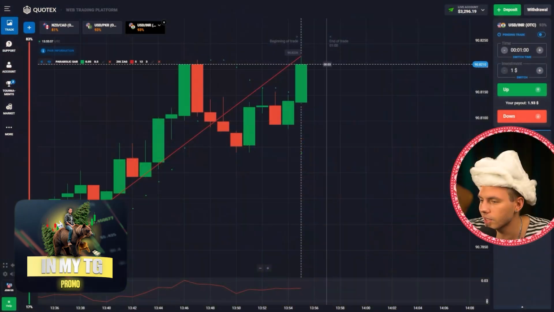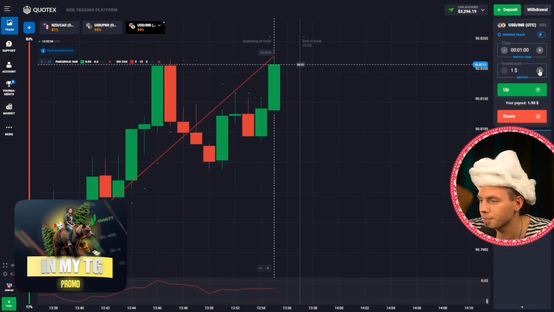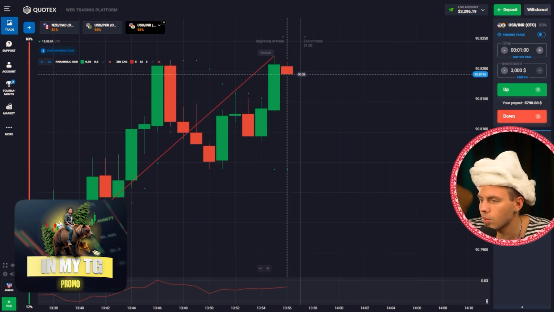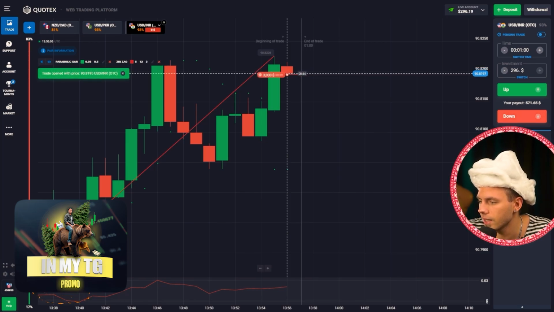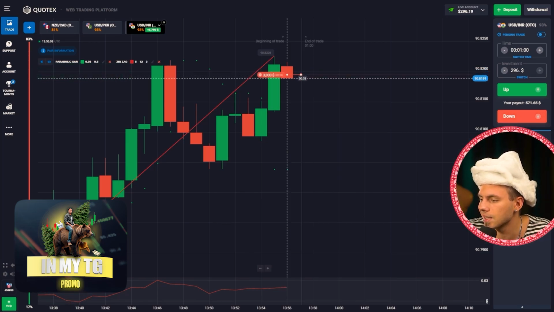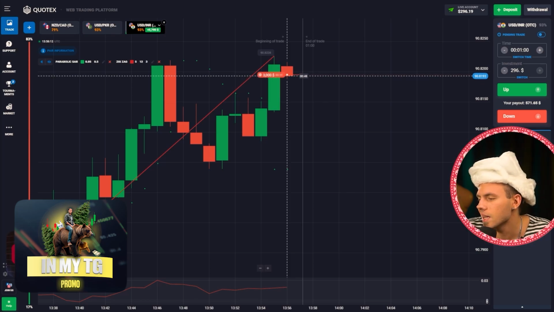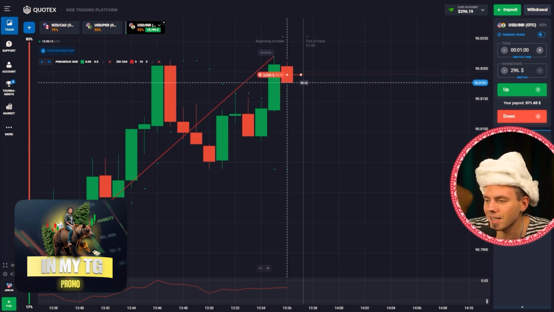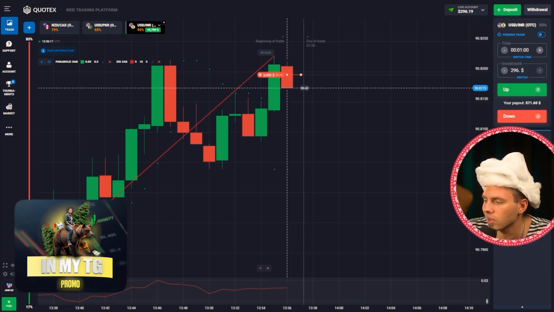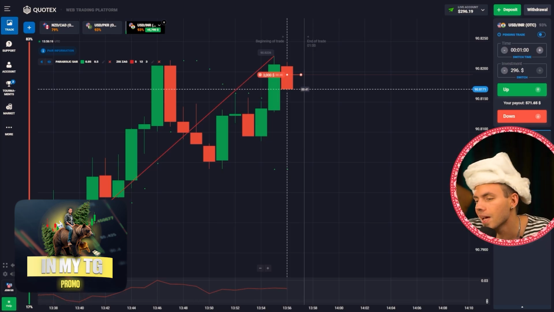Okay, what do we got here? Let's set the amount, 3,000, and right now I'm opening a sell trade. Okay, so here, guys, 90.8226. Here you see, right, this level is a local high and resistance on this chart, so this is a very